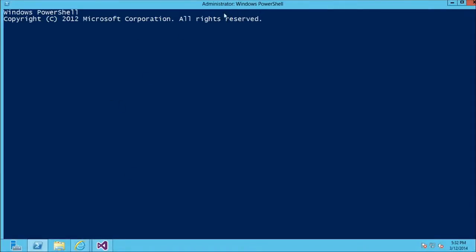At this point, PowerShell is up and running. We next need to set the execution policy for PowerShell. By default, PowerShell does not run on computers. It ships in a disabled state. So what we need to do is type